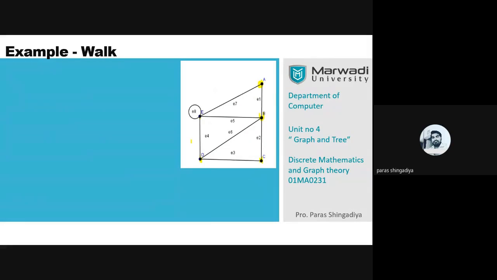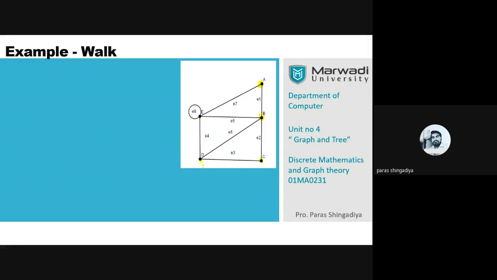But now you have to think about the walk. So you have to map this data to real life. Here there are 5 different places, and there are paths between all the places. There is one road from A to B. There are 4 routes from vertex B, which connect B to A, B to E, B to D, and B to C. There are 2 routes from C, which connect C to B and C to D. And there is one loop at vertex E. And there are 3 remaining paths which connect A, B, and D. So that is a real life scenario, and now you have to define the walk.